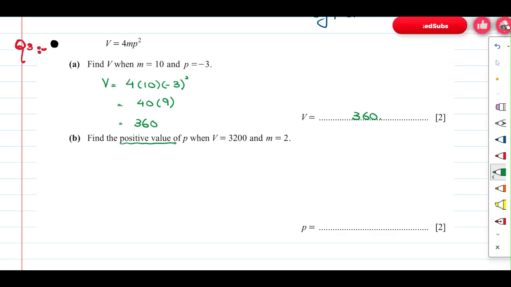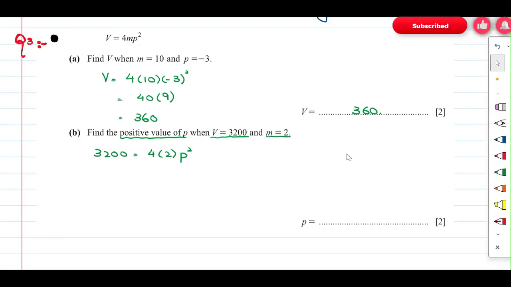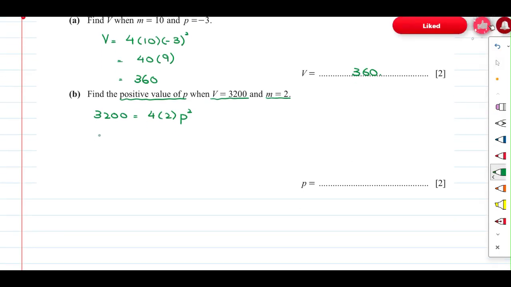Only the positive value of P when V is this much and M is 2. V is 3,200, equals 4, M is 2, and we have P square. We just need to work on the positive value of P. So 3200 equals 4 times 2, which is 8p square, and 3200 divided by 8 gives my p